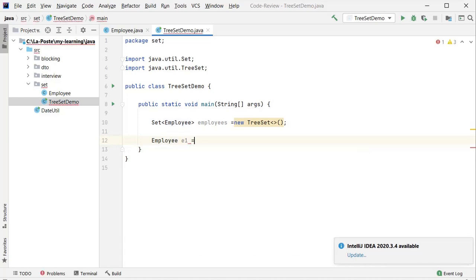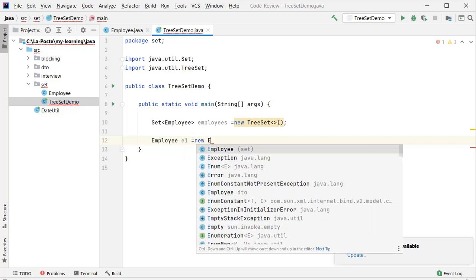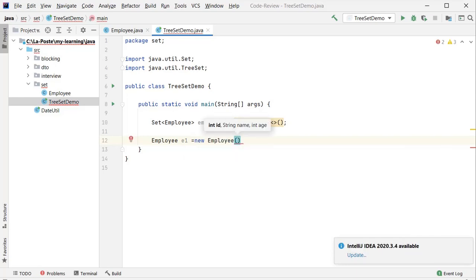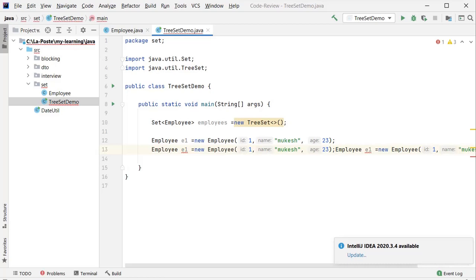new Employee with id 1, name Mukesh and age 23. I'll create more objects.